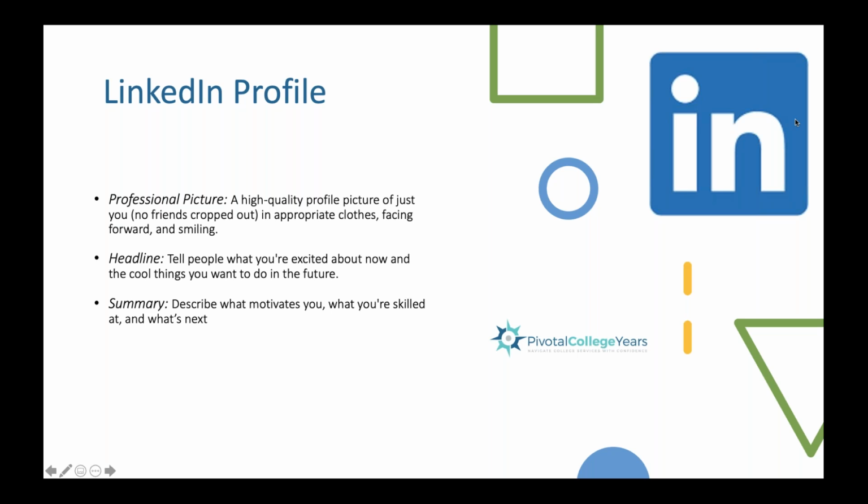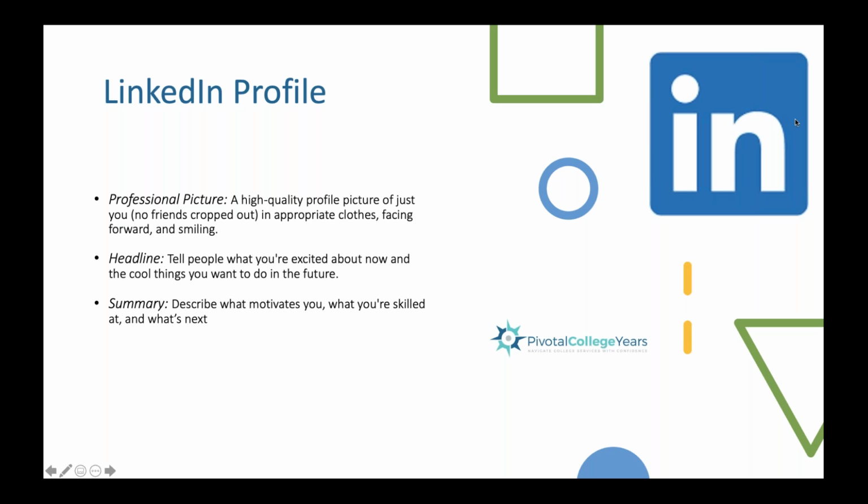Do a little research on LinkedIn. So once you have your account up and running, you can do a little research, but if you find a few examples that you like, there is nothing wrong with using that as a guide for yourself. So if you find someone that is interested in the same things as you, say you're a chemical engineering student and you find someone who does chemical engineering and you like the headline that they've used, there's nothing wrong with making sure that the information is accurate to you, but kind of using that information as a guide.